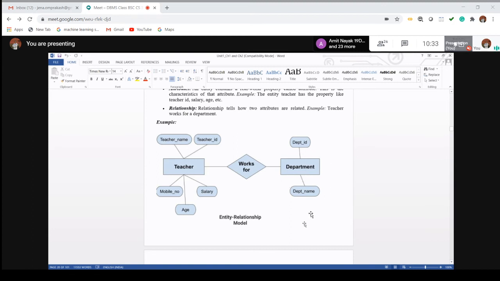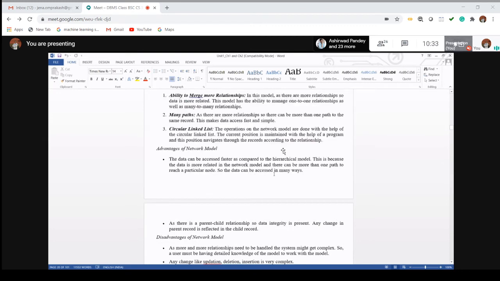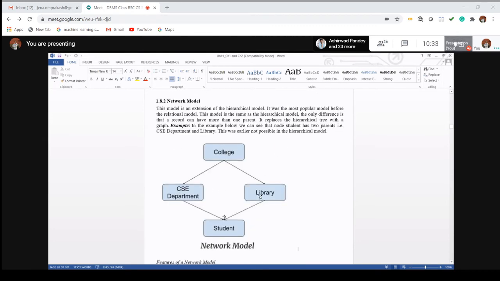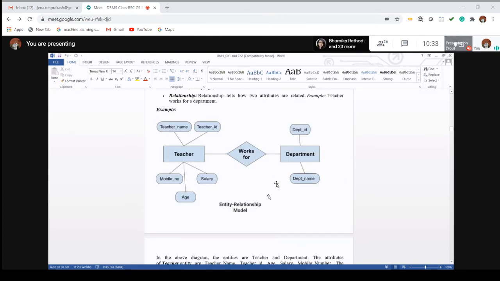Then here you can say that it is a library, both libraries associated with UG as well as PG. Then you can form this type of structures. So the ER diagram can be converted into other models, which may be hierarchical model, network model, or relational model also. The question is, how can you convert that into relational model?